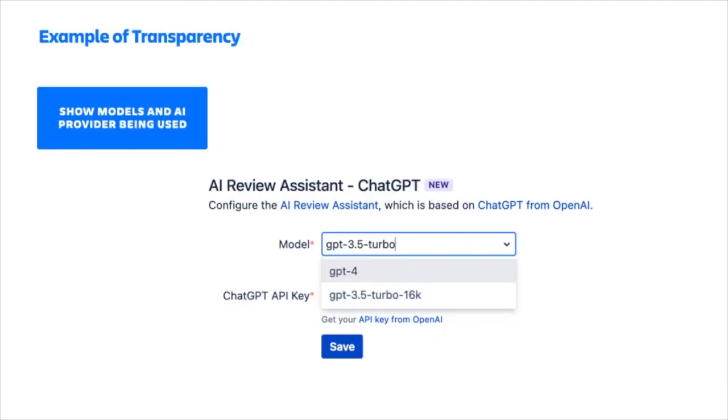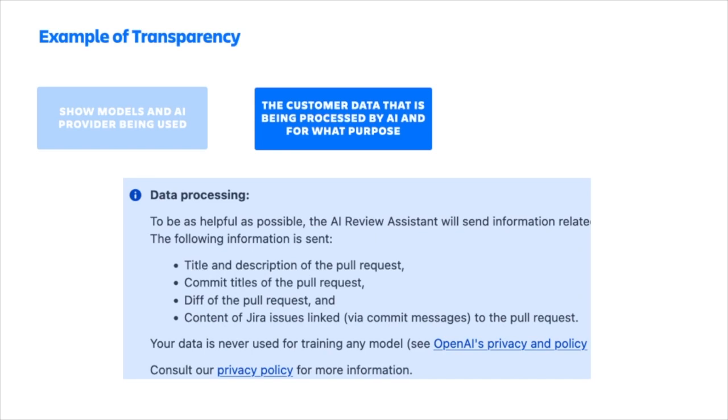I've just shown you the example of transparency. We made very clear to the user which model we are using, and the API key has to be configured by the user. We also make sure that we are very clear about the data we pass to the AI. We mention everywhere what actual data is being sent, and we also reference the privacy policy of each LLM we are offering support